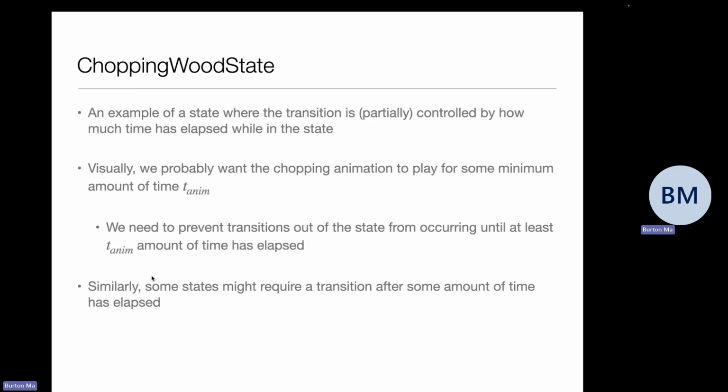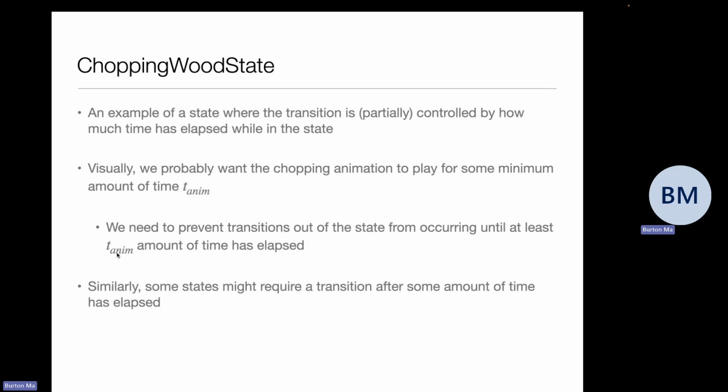Okay, now we get to the chopping wood state. This is a slightly different state. It's an example of a state where the transition out of the state is controlled by how much time has elapsed while you're in the state. What you probably want to do here in your game is have some sort of visual animation that shows the villager chopping the tree. This animation is going to play for some amount of time, which I'm calling anim, short for animation. So here you want to prevent transitions out of the state from occurring until at least that amount of time